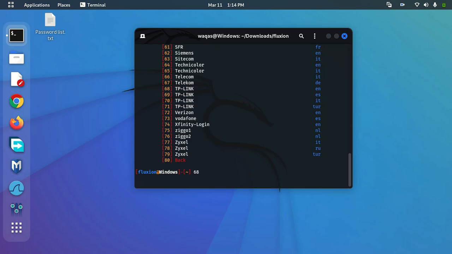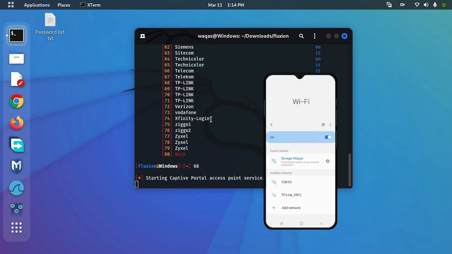They will connect to it. When they are connected successfully, the users will be prompted to sign into the network on a web page. The web page will ask them for their Wi-Fi password for a firmware upgrade. When they provide the password, FluxJAN will check the accuracy of the password with the handshake file. If the password is correct, then the attack will be stopped, and if not, then the attack goes on.